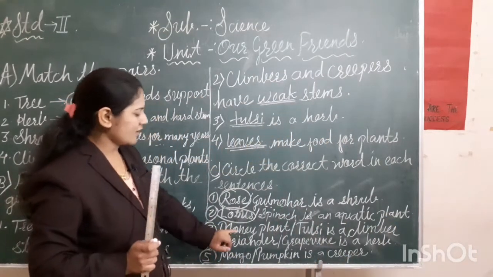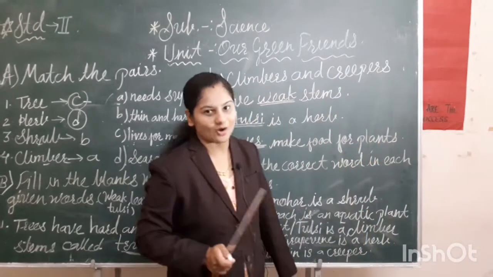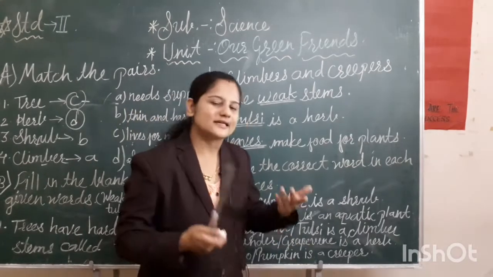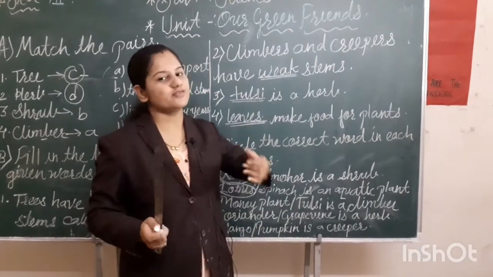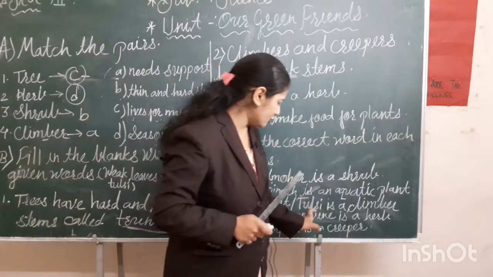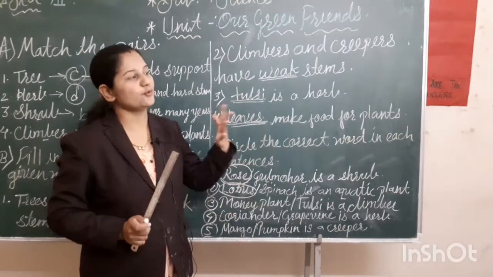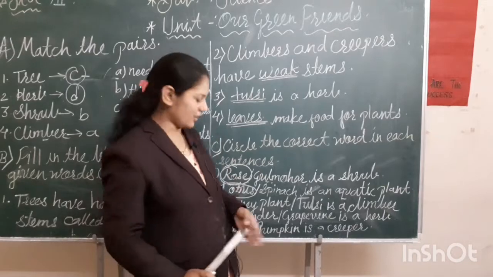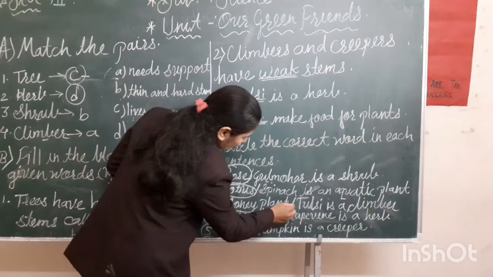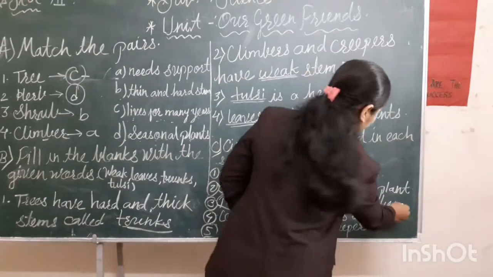Then the third, money plant or tulsi is a climber. Now again revise the definition of the climber: the plant which needs support. You all have the tulsi plant at home. Does the tulsi plant need the support of any wall or any stick? No. Yes, the money plant needs the support. That's why money plant is a climber. Okay students,